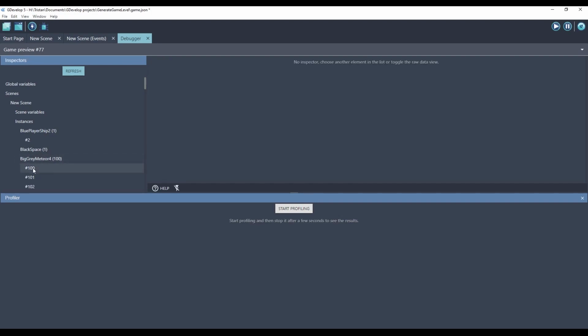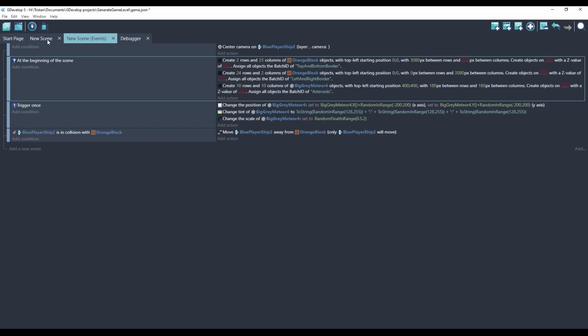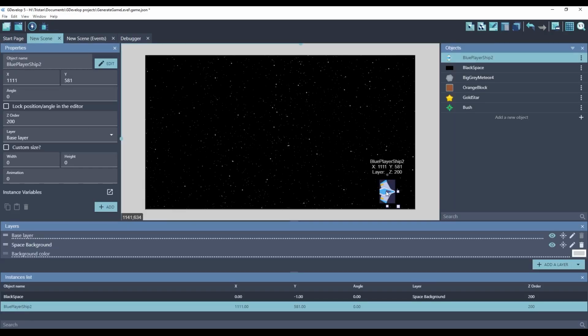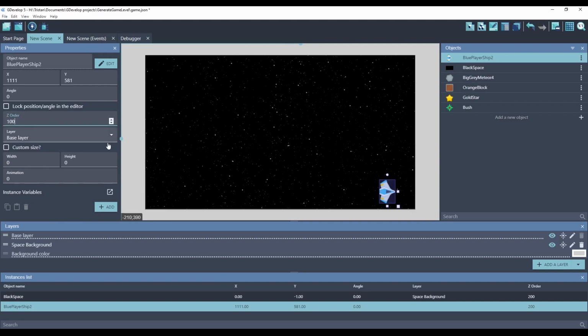Big gray meteors, so click on these. See, the Z order is 201 for all of these. So 201. Basically what GDevelop does is it knows that I added that shift first manually, and then when I use this to create multiple copies of an object, it basically went from the highest Z value, which was 200, and added 1 to it. So there's no way I can, basically by increasing this to 200, it just bumped everything else up to 200. So let's set this at 100